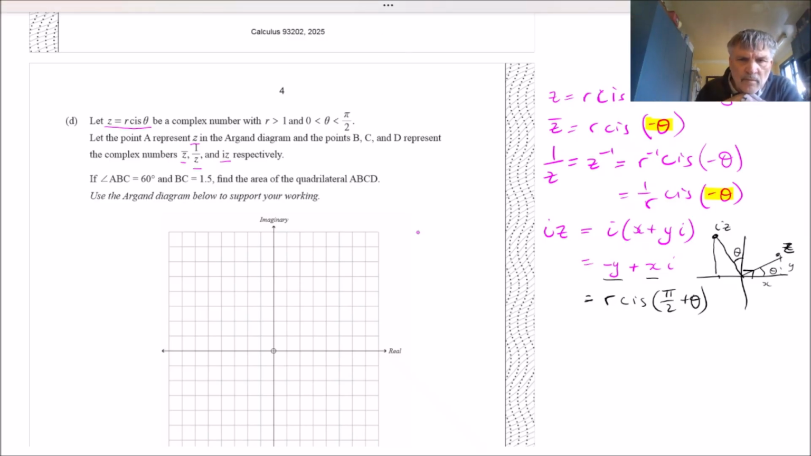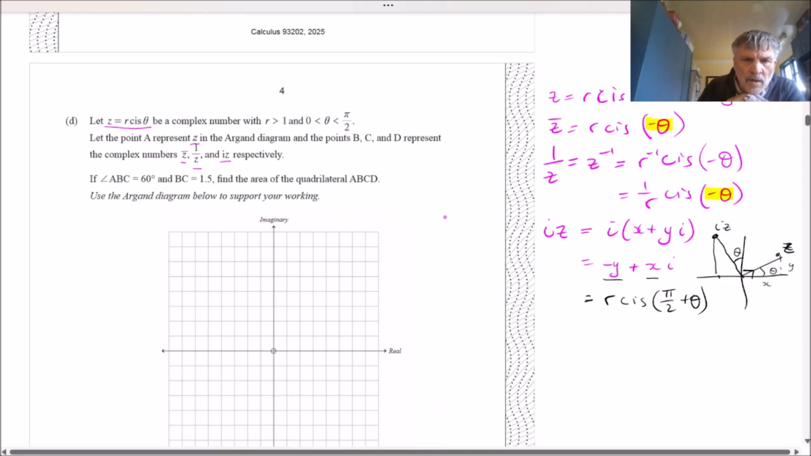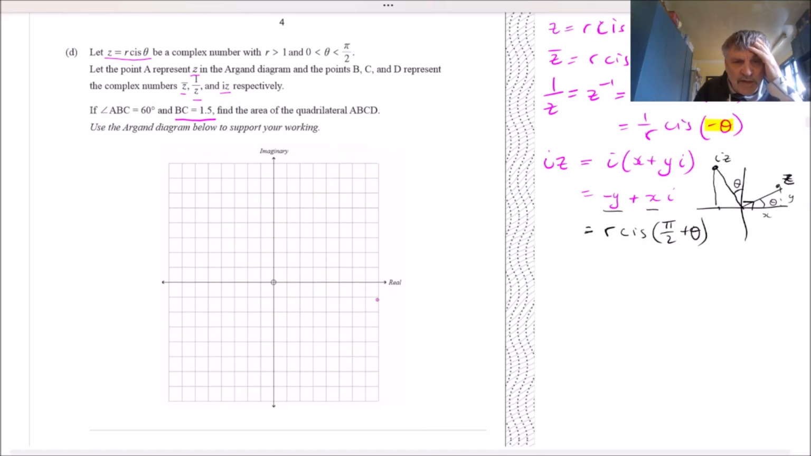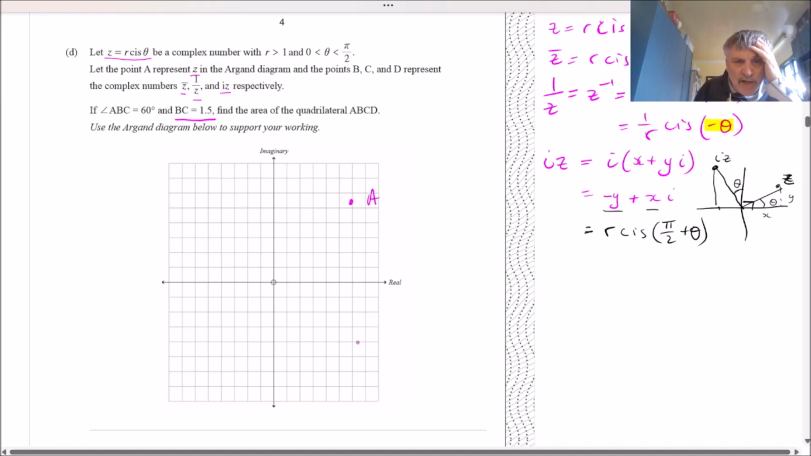Now, the question says BC is 1.5. I'm going to rub this out later, but let's just put some points on here somewhere. Say we've got A up here, we've got B down here. We'll get them more accurately later. It's the conjugate, so it's straight down. What we found, 1 over Z is on the same line,